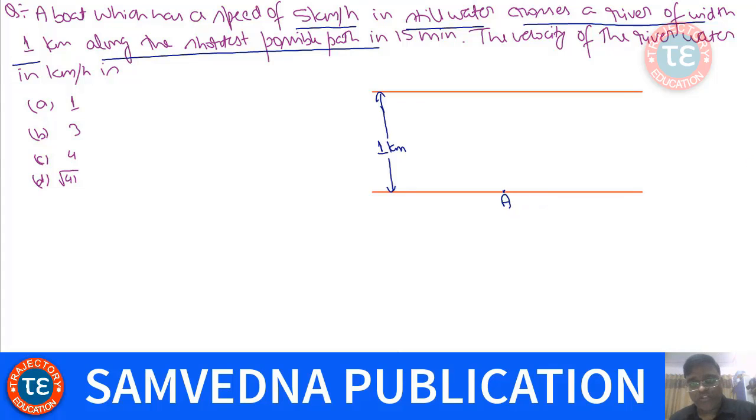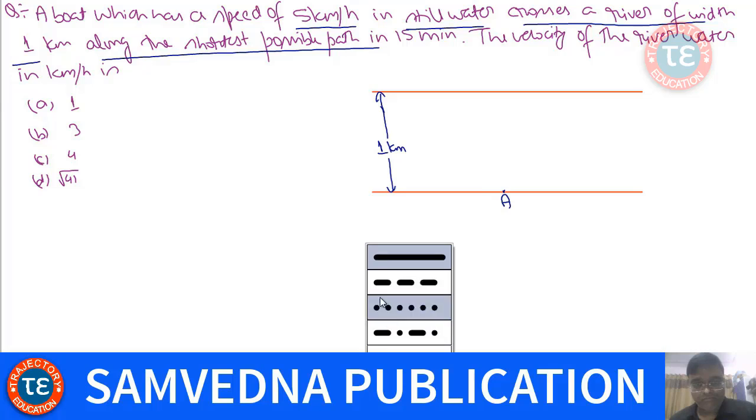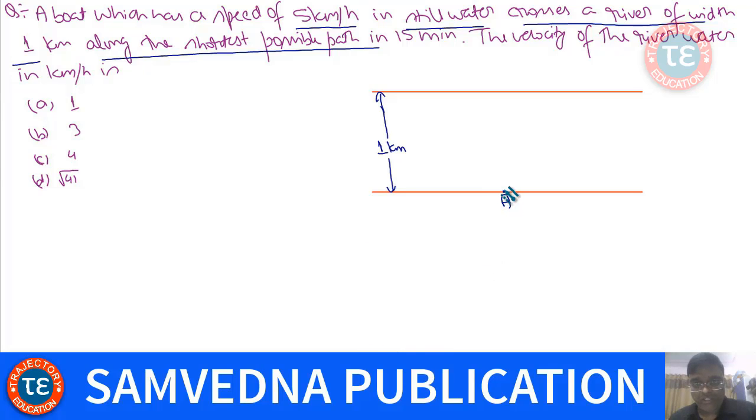Suppose here is the boat. So I want it to cross along the shortest path. So what can be the shortest path? You can easily understand. This is the shortest path which the boat can take. This is the shortest path. Velocity of river water in km per hour is, I want it to cross along the shortest path in 15